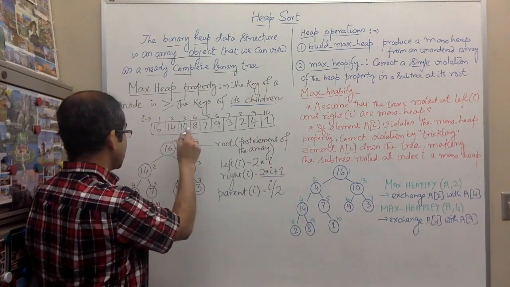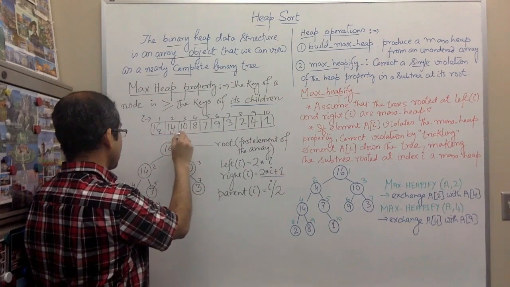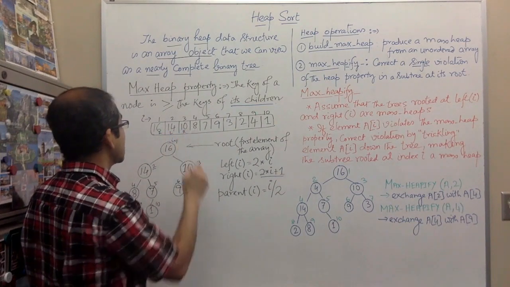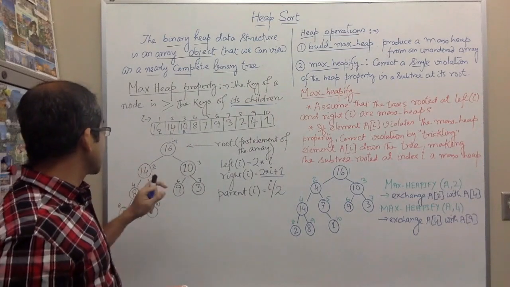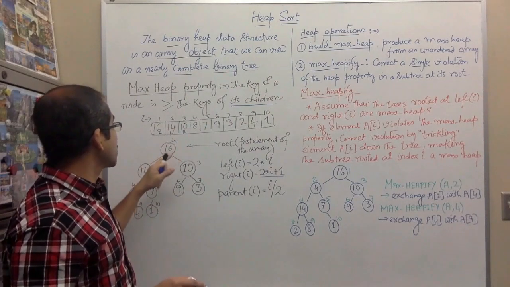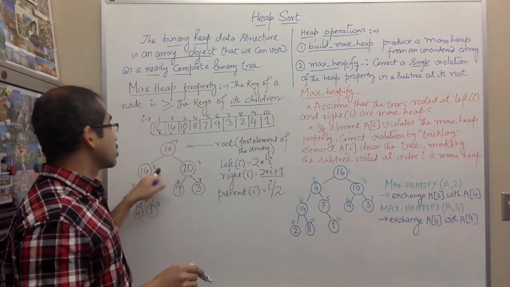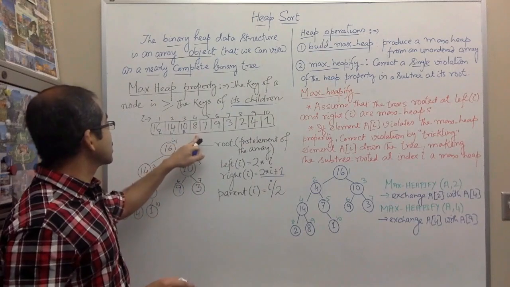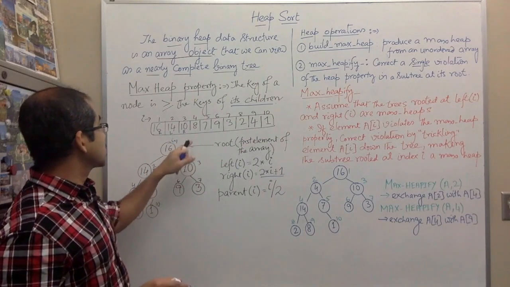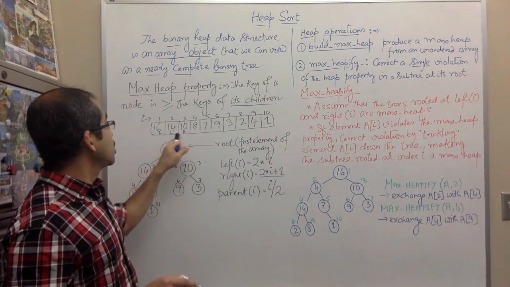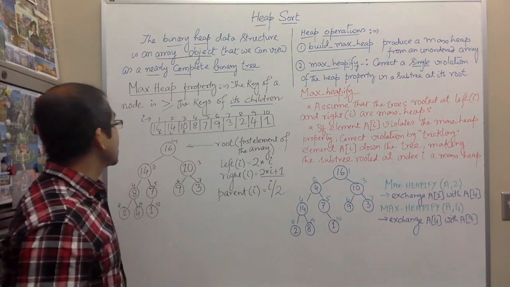Now see, these three are the root, left, right. So this is the root, this is the left, this is the right. Again, for this subtree, this is the root. Okay, 14. Now 14 is at index position 2. 2 times 2 is 4, that is 8, which will be the left child of 14. And 2 times 2 plus 1, that is 5, that is 7, will be the right child